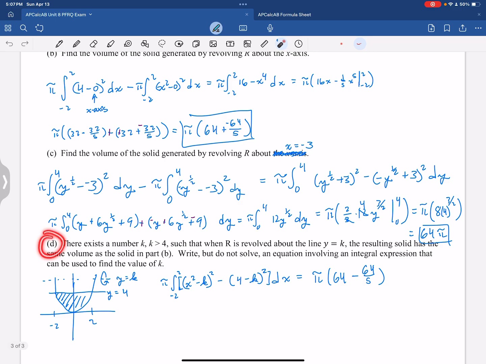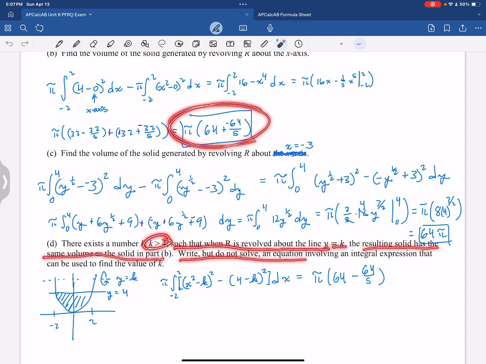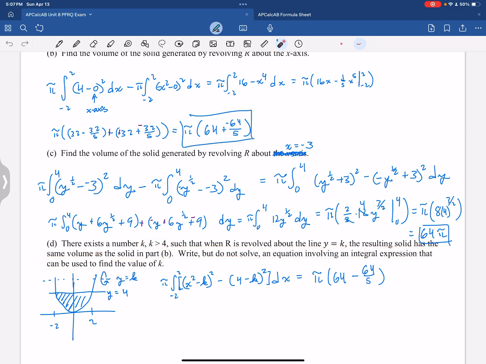For this one, for D, it says there exists a number k, and k is bigger than 4, such that when R is revolved around the line y equals k, the resulting solid has the same volume as the solid in part B. Okay, so it has this volume. Write but do not solve an equation involving an integral expression that can be used to find the value of k. Okay, so I drew a horizontal line right here above this curve